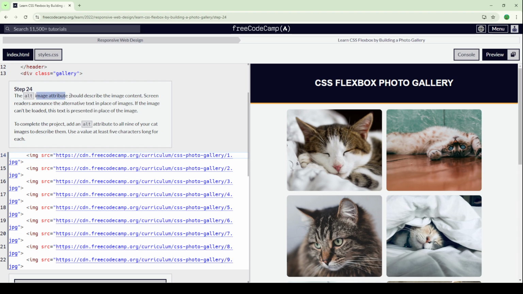The alt attribute should describe the image content. Screen readers announce alternative text in place of images if the images can't be loaded. Add an alt attribute, at least 5 characters long, for each image. Equals